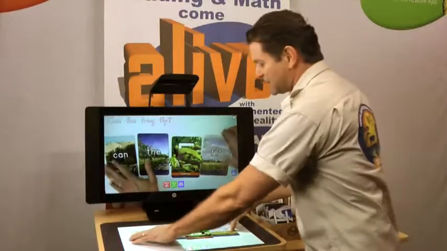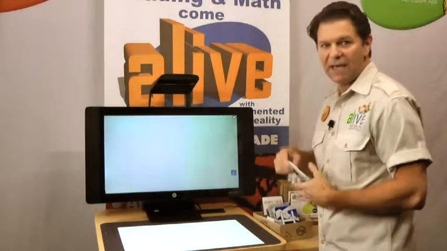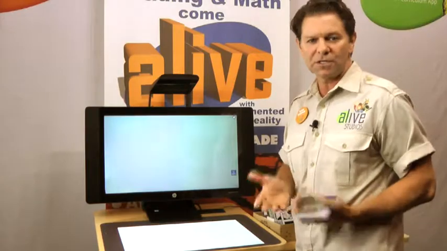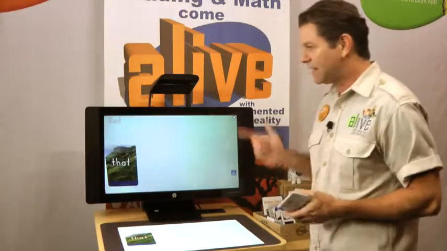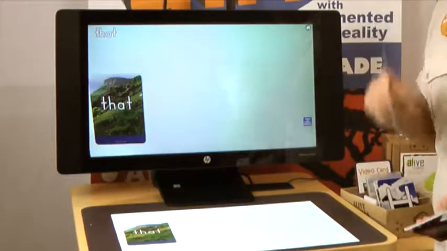So let's come back across. That's my action words. But what about descriptive words? In all my 97 sight words, I've got several descriptive words. So let's learn about adjectives. So let's build a sentence. That. Once again, it's lowercase. It doesn't know that I'm yet building a sentence. But once I lay my noun down,